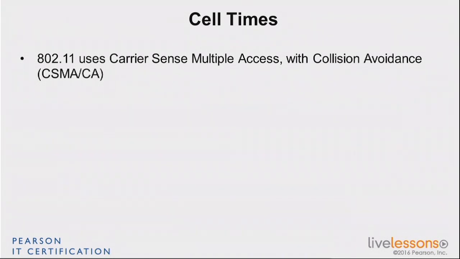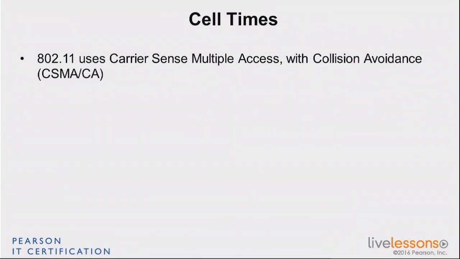First, be aware that 802.11 doesn't like collisions. If you send a wave and anybody else at the same time sends a wave, basically nobody gets that wave, because these two waves get mixed into each other and we don't know who was sending what. So 802.11 uses a mechanism to avoid collisions as much as possible. And that system is called CSMA-CA, Carrier Sense Multiple Access with Collision Avoidance. You may have seen that name before, maybe in your CCNA routing and switching study, where we say that in Ethernet there is CSMA-CD, collision detection. So here we're not only going to detect and resend, we want to avoid collision if we can.